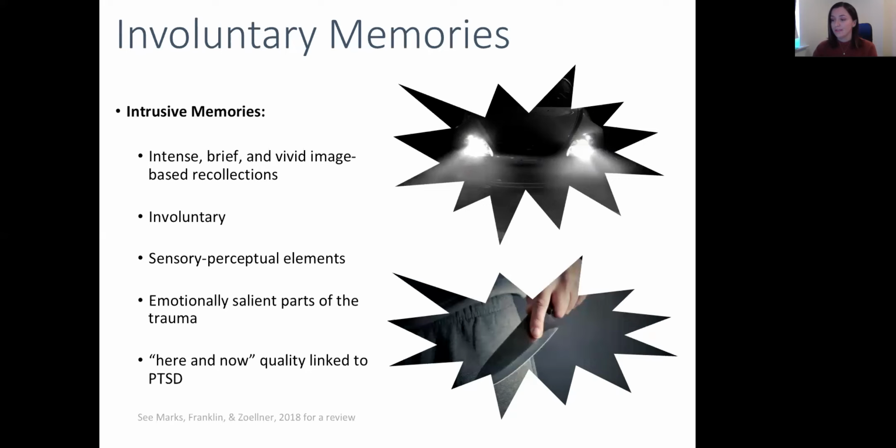Experiencing intrusive memories after a traumatic event is common, and it's not unique to PTSD, like we said. And for the majority of people, these intrusions will just naturally dissipate over time. However, we do know that some intrusion features are linked to a greater risk of PTSD. So, for example, the degree to which it's experienced as happening in the here and now, and the degree to which there's a wider range of triggers are all linked to higher rates of PTSD. So it's the persistence and distressing nature of these intrusions which makes them such a hallmark feature of PTSD.